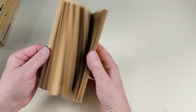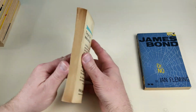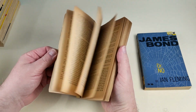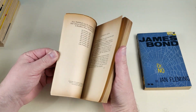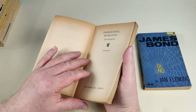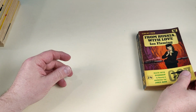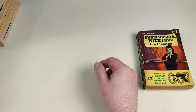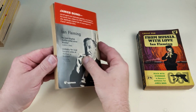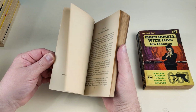That one's actually absolutely fine, so there's nothing wrong with that. Live and Let Die here. I'm just going to check through these in the usual way, see if there's any pencil marks inside. This one's actually got a loose page in this one. Some of them have been picked up in job lots, so it may be copies that I've already got, and I've already got the covers, but they came along anyway, so there will just be doubles in my swap box. I am also trying to get an updated set of the Bond books for reading copies as well, so